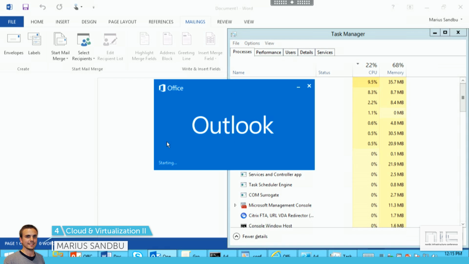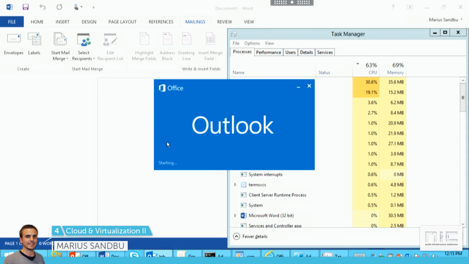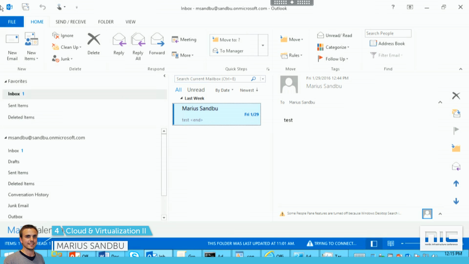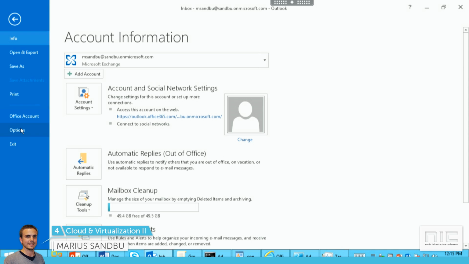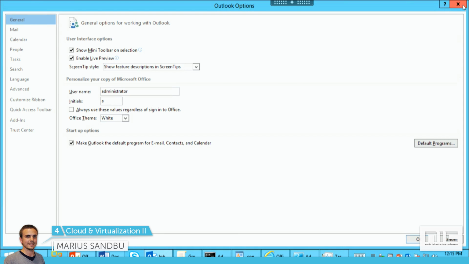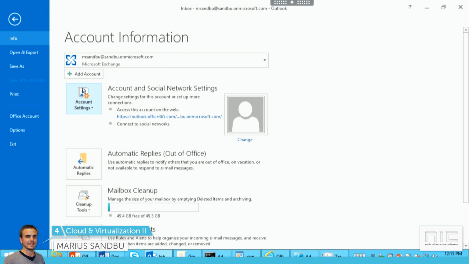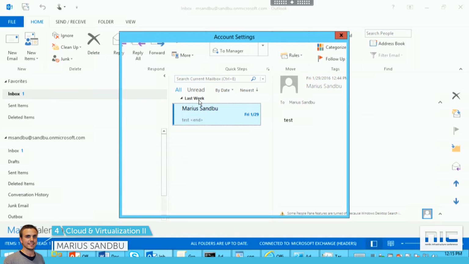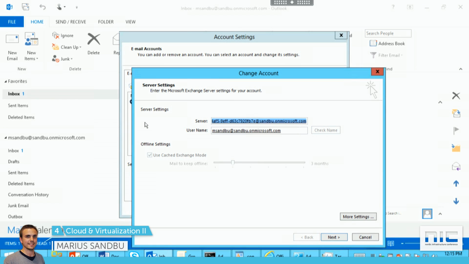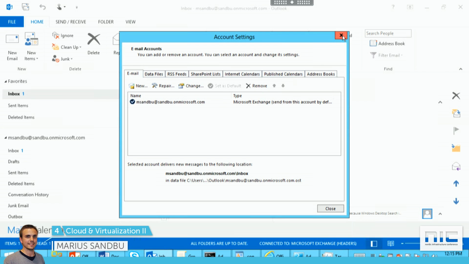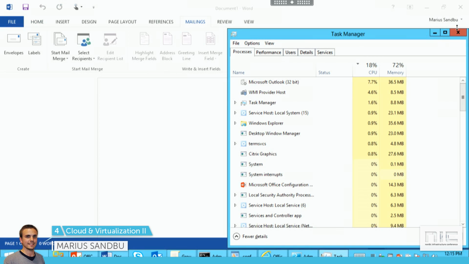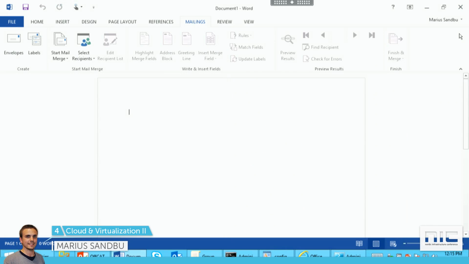Same if I go and start Outlook. As you see, there's no animation when I start Outlook as well. I go into File. Oh, my bad. I wanted to go into Account Settings. Account Settings. Change. I can see I have cache mode enabled with 3 months of data. Okay, so the last part I want to show you of the demo